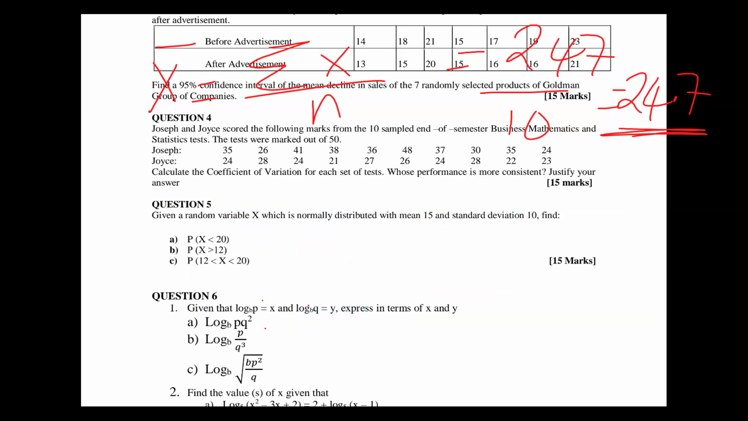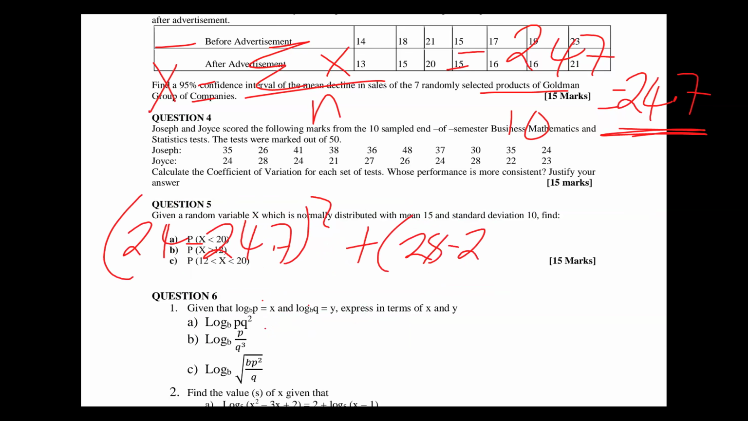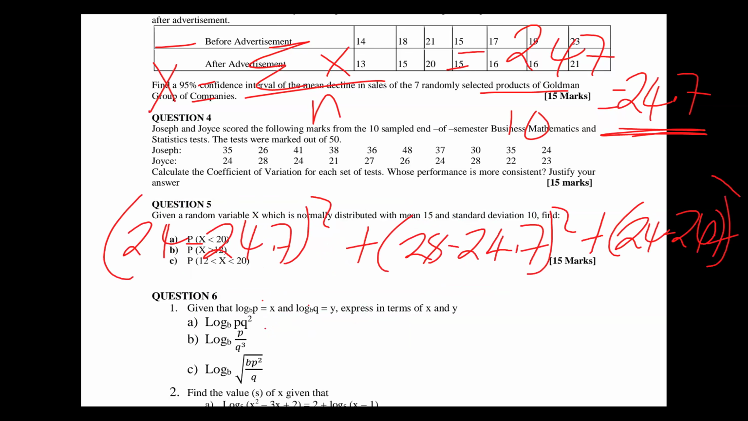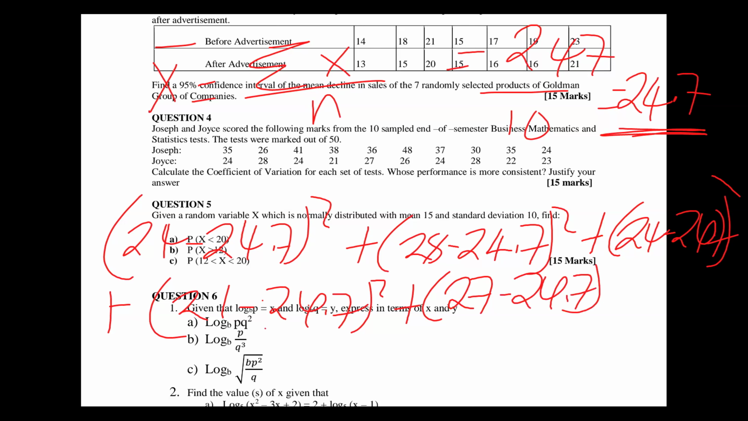We do the same thing you did to Joseph. You say 24 minus 24.7, you square that, plus 28 minus the mean, you square that, plus 24 minus 24.7, you square that, plus 21 minus 24.7, you square that, plus 27 minus 24.7, you square that, plus 26 minus 24.7, you square that, plus